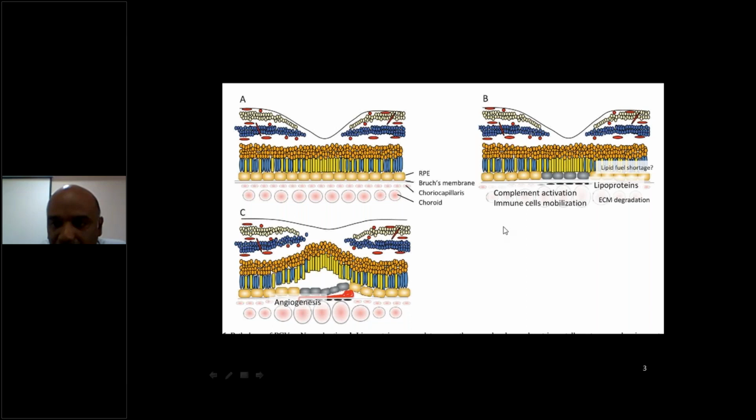Now this is the normal retina. You can see this is the macular region, the U-shaped region. It is a cut section of the retina. Here is the Bruch's membrane, and all these form the 10 layers of the retina: from the RPE, retinal pigment epithelium, then rods and cones, the receptors, the external limiting membrane, outer nuclear, outer plexiform, inner nuclear, inner plexiform, ganglion cell, nerve fiber layer, and internal limiting membrane.